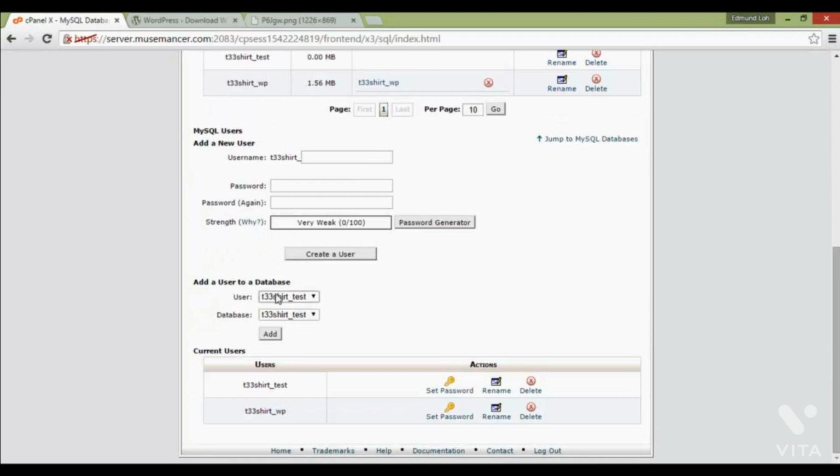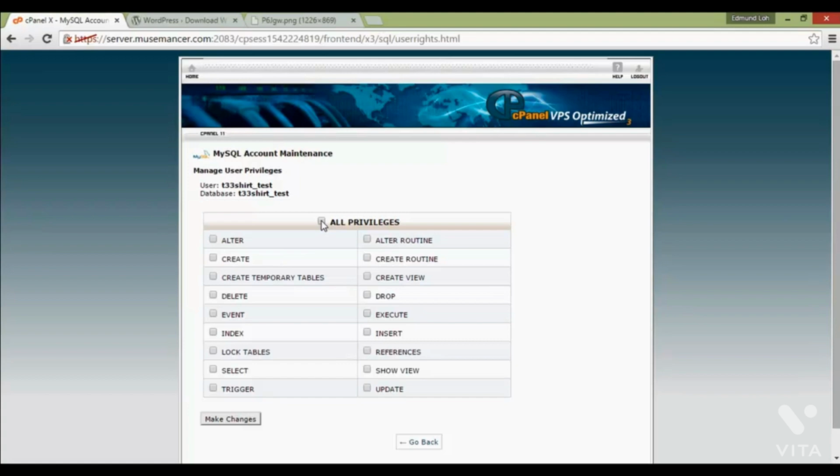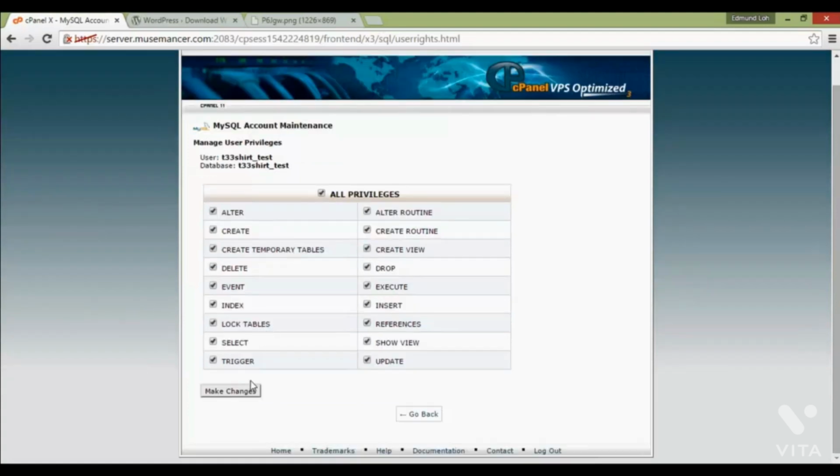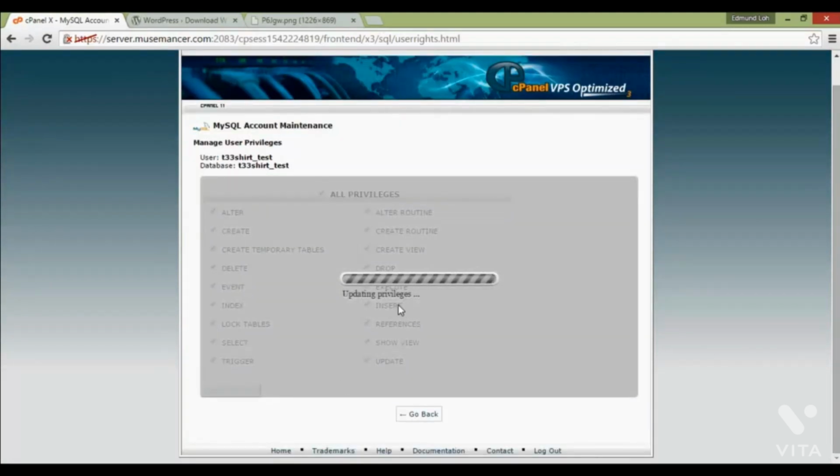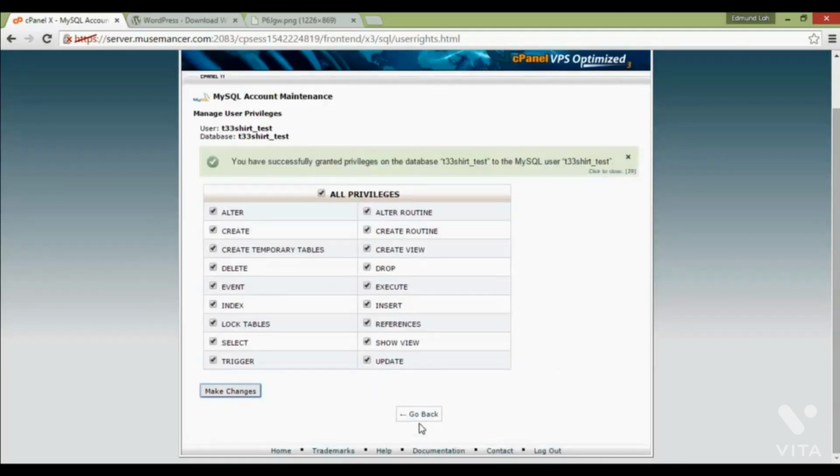Make sure that the user corresponds with the right database if you have more than one user. Next, click Add. And then on this page, click All Privileges, click Make Changes, and you are done. Please take note of your database's name and username,